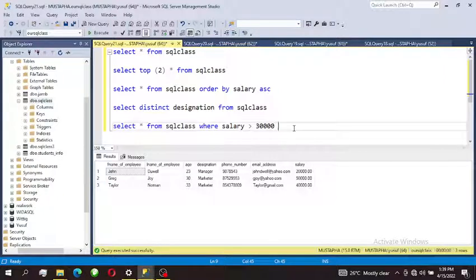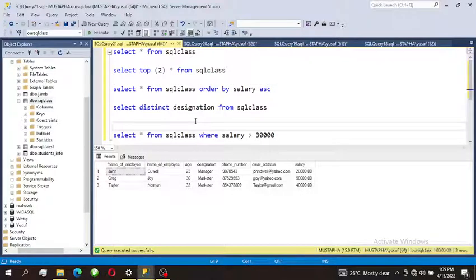I want to use the and, or, and not. We have the and, we have and, not, and then we have the or. We have the and, or, not command. So now let's say I want to select from SQL class where salary is greater than 30,000, and I want